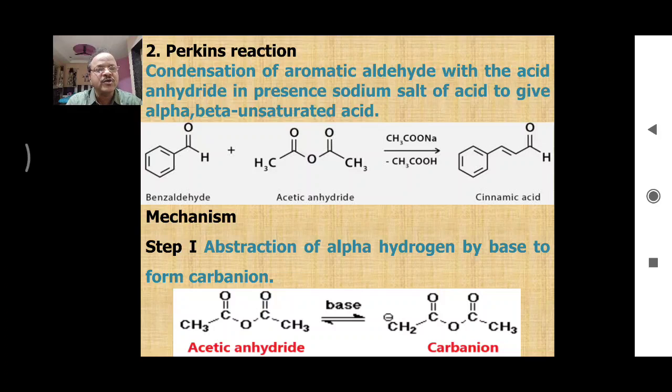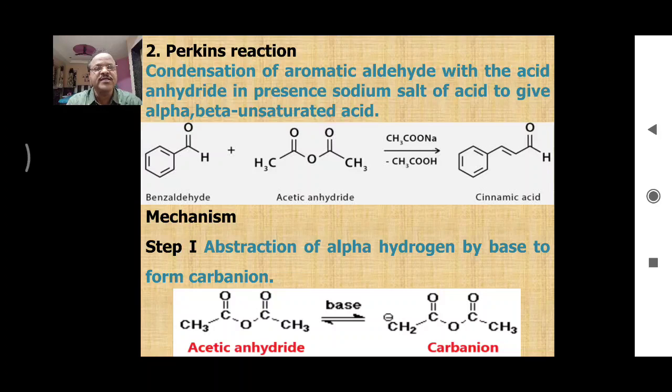Remember, on this topic MCQ questions can be asked on every point. So the product of Perkin reaction is dash dash. You should remember alpha beta unsaturated acid, cinnamic acid, is the product. Here COOH should be there, C double bond O, this is correct, but here instead of H, OH should be there. So this is the example.